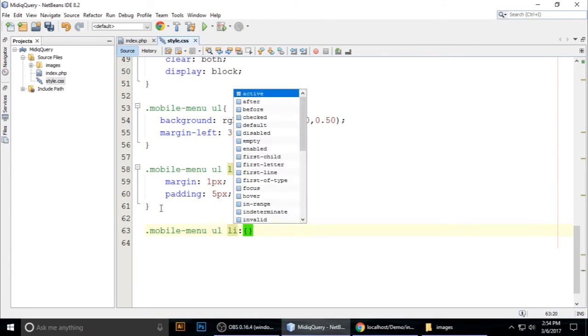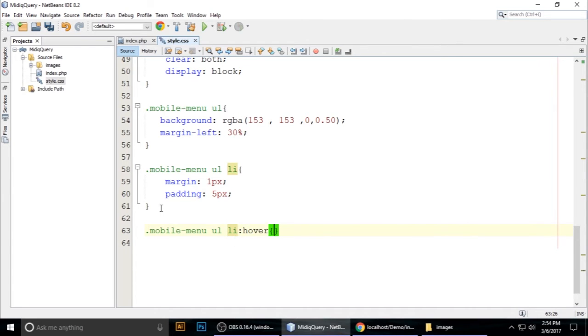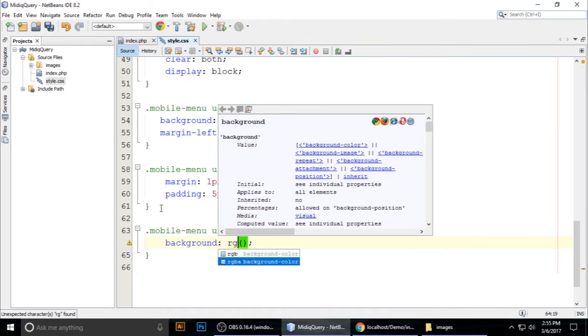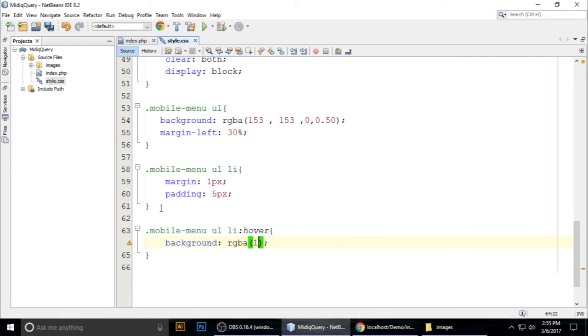When your mouse is over it, at that time it changes the background. The background is also an rgba color, this one, 153 comma 153 comma 0 comma